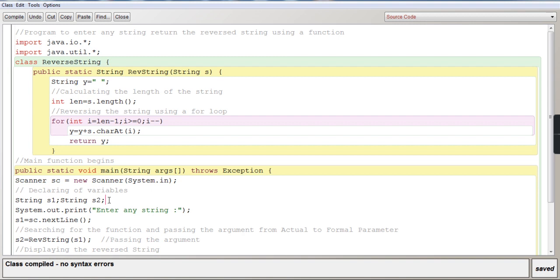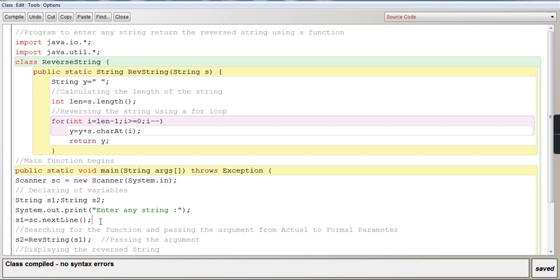First you have to enter a string: System.out.print, enter a string, and s1 is equal to sc.nextLine. As it is a string, we use the function nextLine. It will allow you to enter a word, two words, and even a sentence.